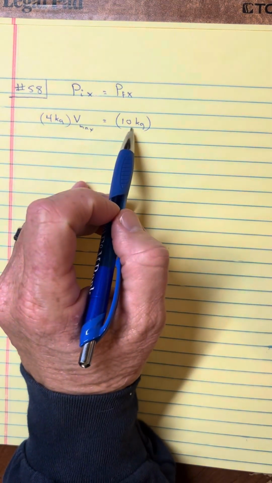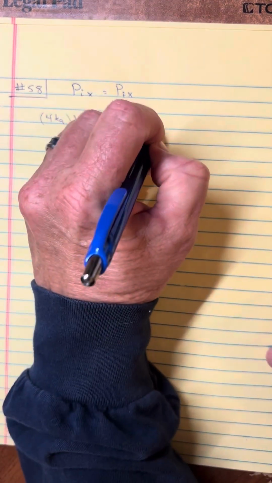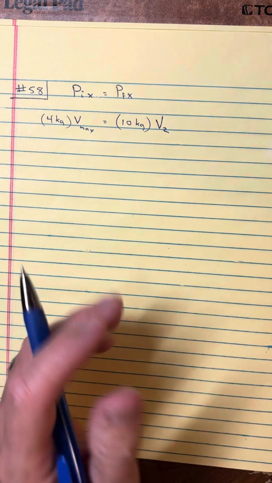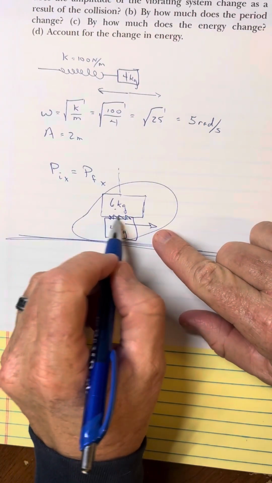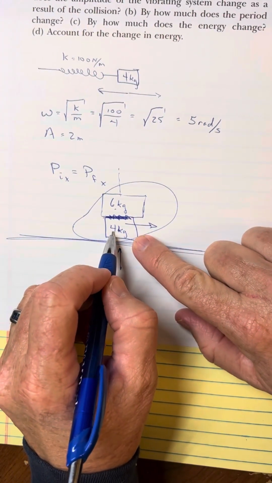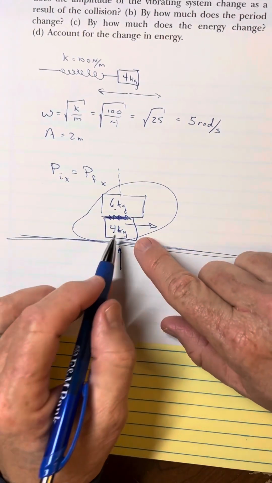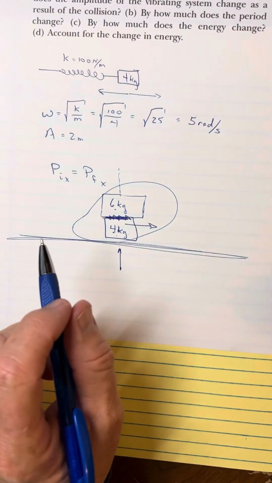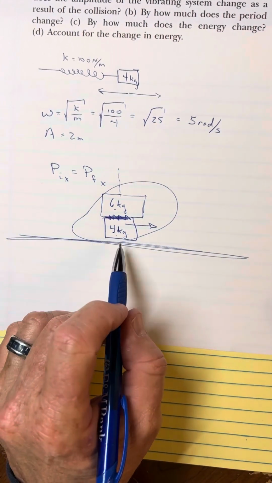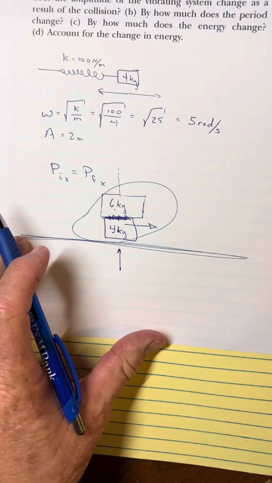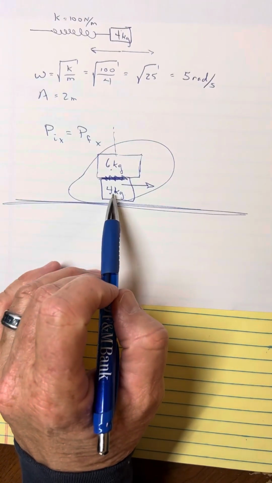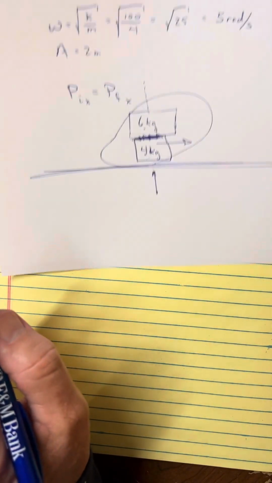And so I'm going to think of it as one big object of 10 kilograms, and then they would have some new speed. You can see that the speed is changing as this rubbing goes on. The 4 is slowing down, and then the 6 is speeding up. I haven't calculated yet what that new speed would be,